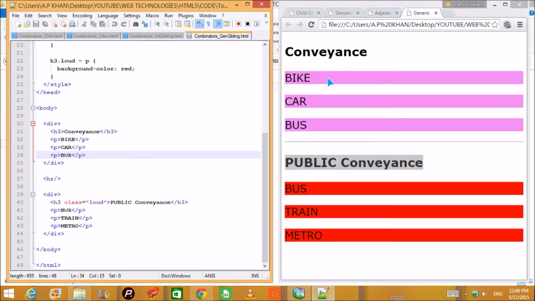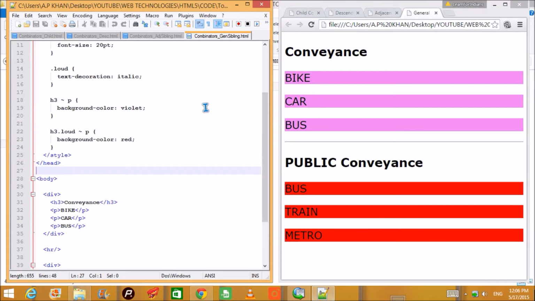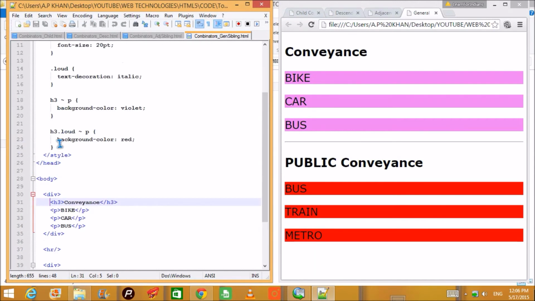But you can see that all these three are selected. I have just changed the sign plus to tilde. This tilde sign, you can find below the escape key. This tilde sign has managed to highlight every p which is following h3, as this CSS ruling says.